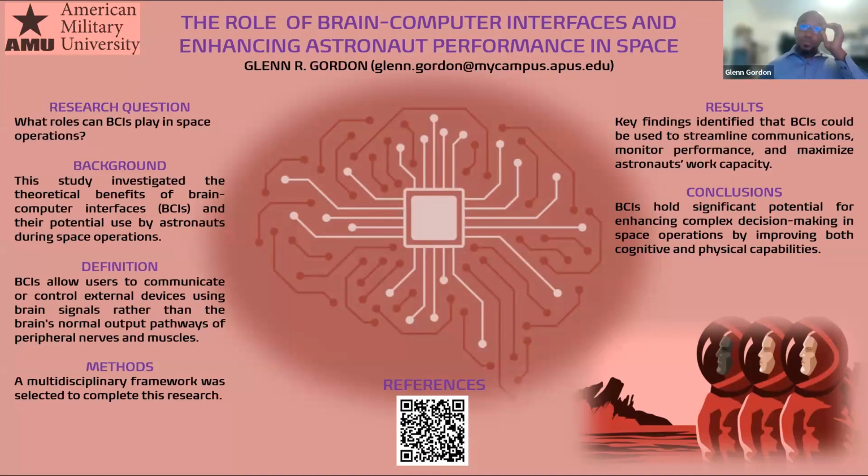All right, no problem. Once again, my name is Glenn Gordon. I'm currently a third-year doctoral student at American Military University. The subject of my e-poster is the role of brain-computer interfaces in enhancing astronaut performance in space. Specifically, what roles can BCIs play in space operations? For the background, the study investigated the theoretical benefits of brain-computer interfaces, or BCIs, and their potential use by astronauts